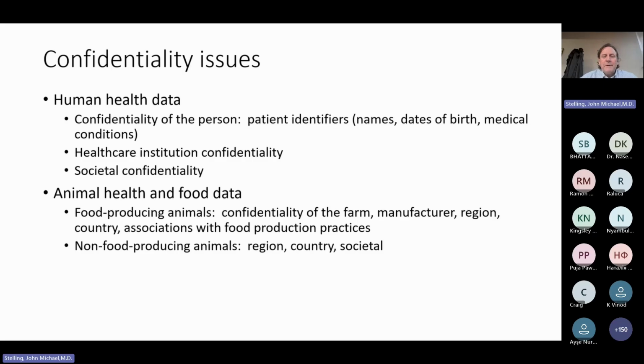We have very important issues of confidentiality on the animal health side, but the confidentialities are different. The animal doesn't care. We're not trying to protect the feelings of the animal. But especially in a food production setting, the confidentiality of the farm, the factories, the slaughterhouses or the abattoirs, the distributors, and the country. There have been some nice studies from EFSA, the European Food Safety Agency, where Northern Europe